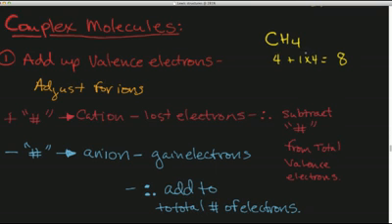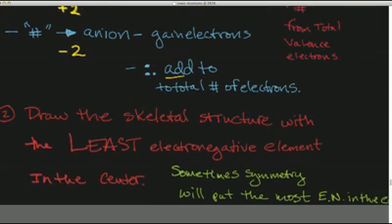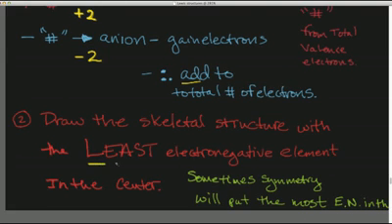If there was a plus sign or a minus sign, then we would subtract or add electrons. For a plus number, say plus 2, that means we lost 2 electrons. We then have to adjust our total of 8, and we would subtract 2 from that 8. But if it's an anion, we gained 2 electrons, so we would need to add the 2 to that total number. Then we draw the skeletal structure, putting the least, let's overemphasize that, the least electronegative element